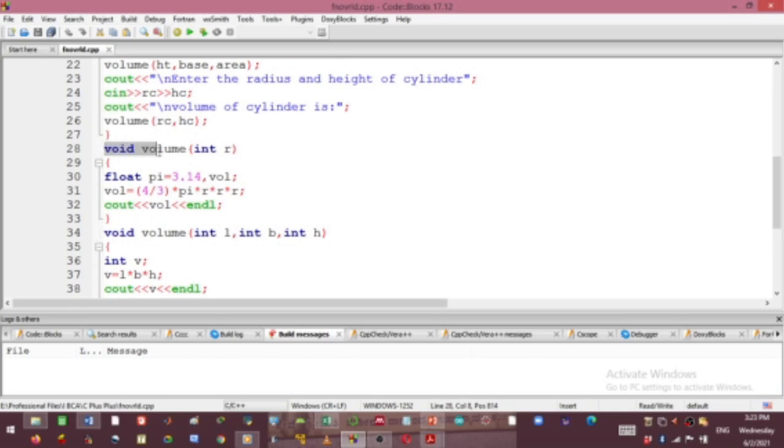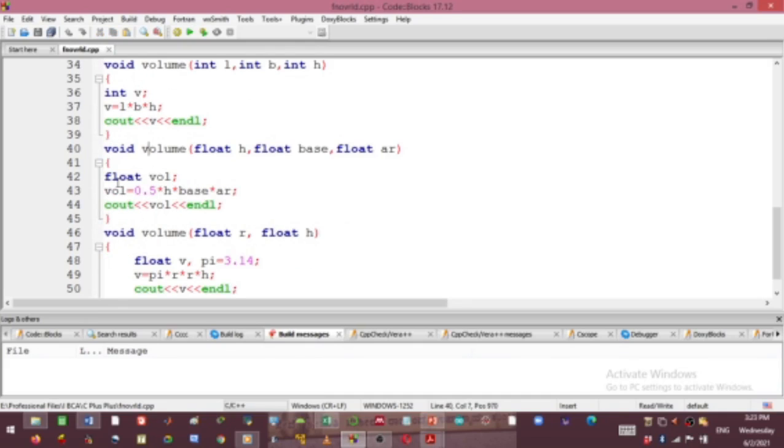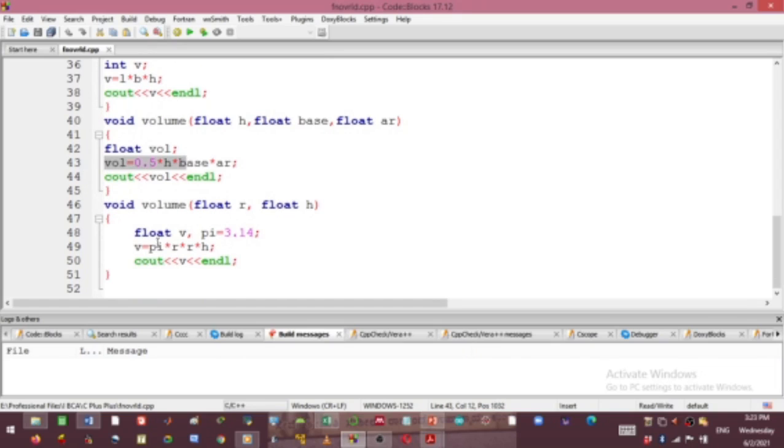Okay, this volume function is to calculate 4 by 3 pi r cube, which is the volume of the sphere. L into B into H is the volume of the cuboid. Half H into base into area of the base is the volume of a prism, and pi r square H is the formula for the volume of the cylinder.